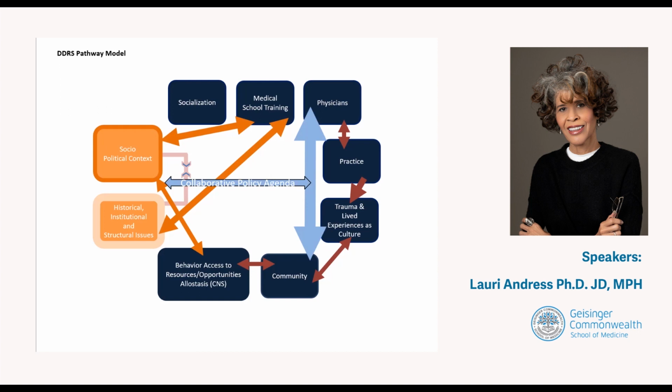And you can see this on the right side with one of the red arrows. If you look at the box labeled practice, typically, once you go through medical school and you begin your practice and you see trauma, you might interpret that trauma as culture. What we're hoping is that by adding in the orange boxes, you will see that trauma as a result of lived experiences, historical, institutional, and structural issues, having a greater understanding of the trauma you see as not coming from people's behavior or their culture, but from these other factors in the orange boxes on the left.